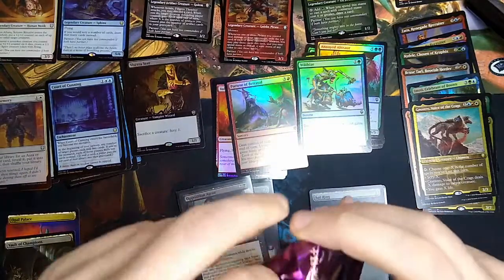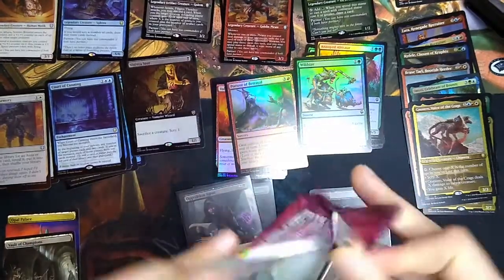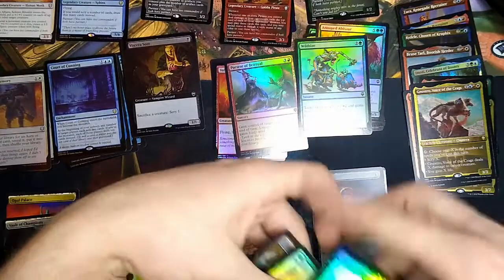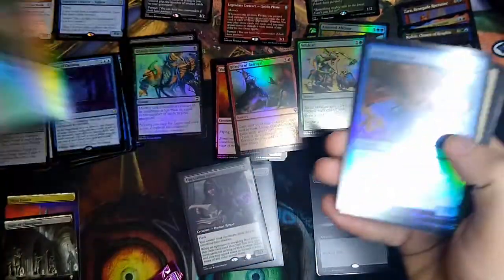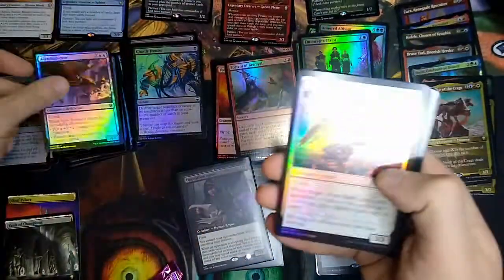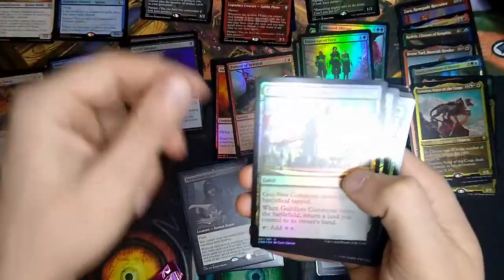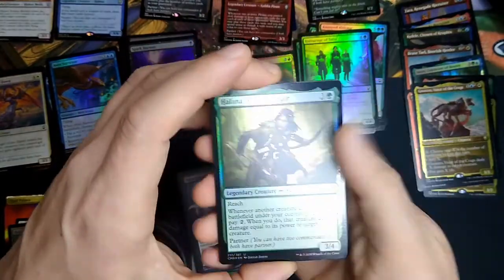Pack number 5. Oh, just thrown all its value all over the place. So, Ghastly Demise, Entourage of Trust, Avon Severe, Angel of the Dawn, Spark Harvest, nice removal spell, Gilda's Commons, Dreamstone Hedron, Halana, Keswick Ranger,